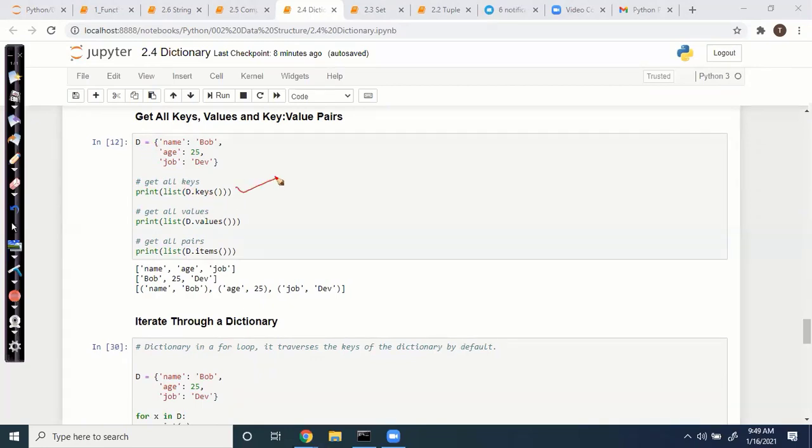If we want to get only keys, you can use dictionary.keys(), dictionary.values(), or dictionary.items(). Inside the list it will give tuples of key and value pairs. So a dictionary has inbuilt functions for a list of keys, values, and items. All of these are converted into a list again.